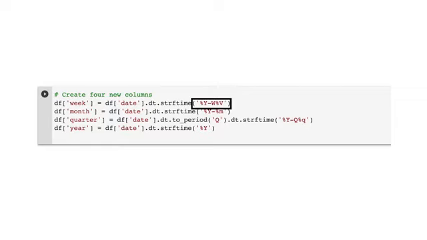The W implies this is a week, and the V stands for value, as in a sequential number running from 1 to 52. The final string output for the column data will be in this format: 2016-W27.